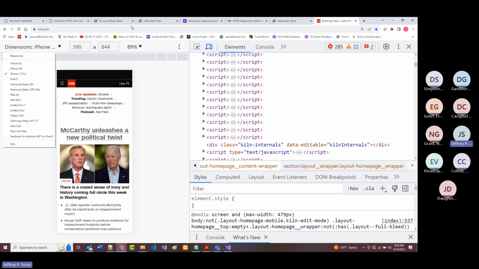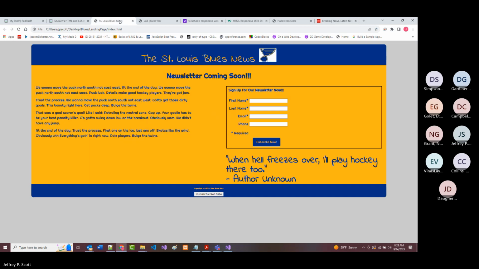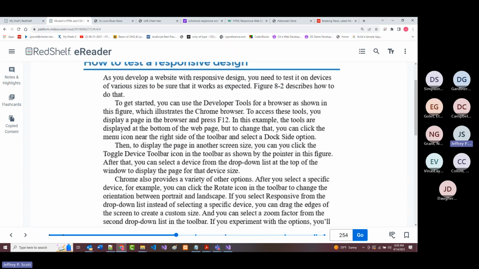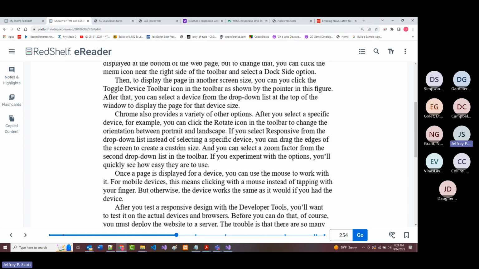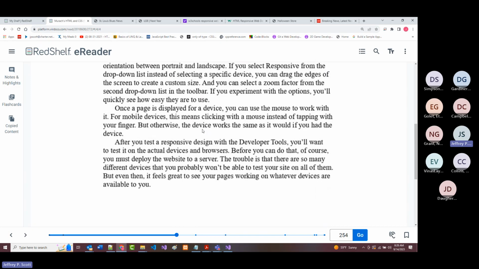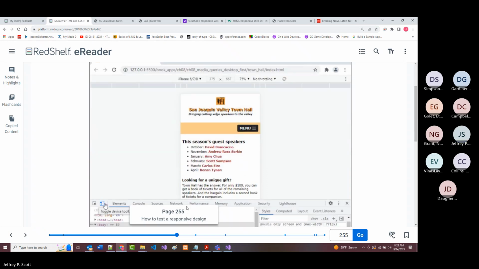So when they talk in here, this is what they're mentioning. It says, bring up the developer tools. And again, I'm recommending that you use Chrome. If you don't, you can bring this up pretty much in just about any browser. And as it says, after you test it with the developer tools, you'll of course want to test it on actual devices. But this is a start. So again,